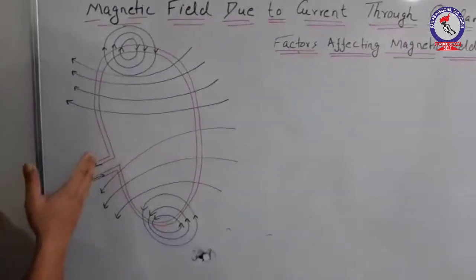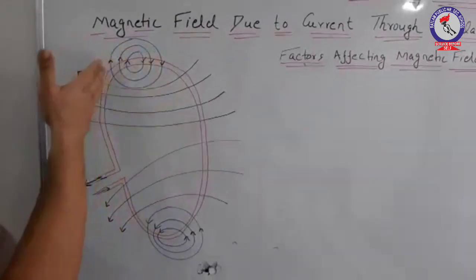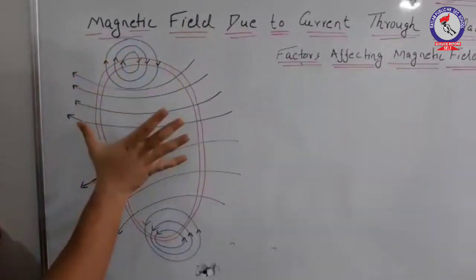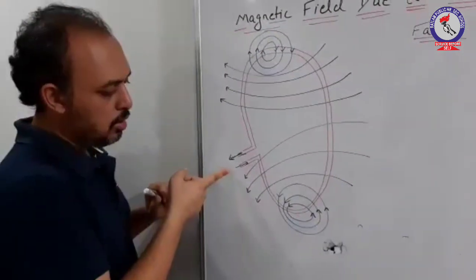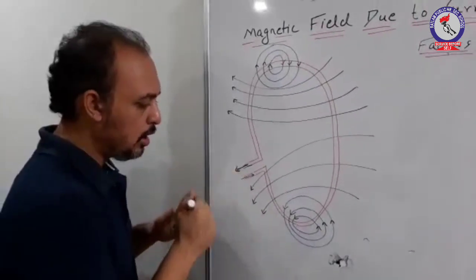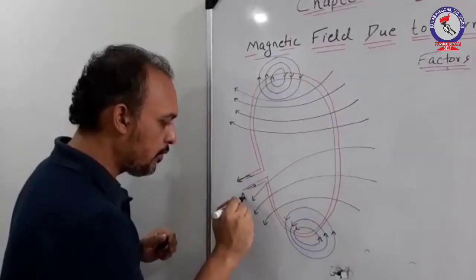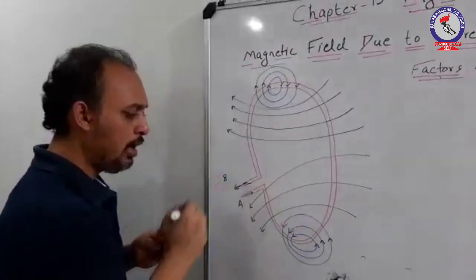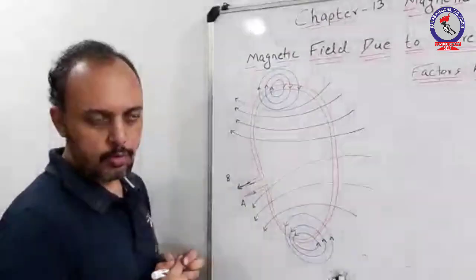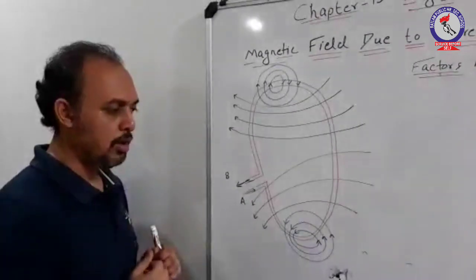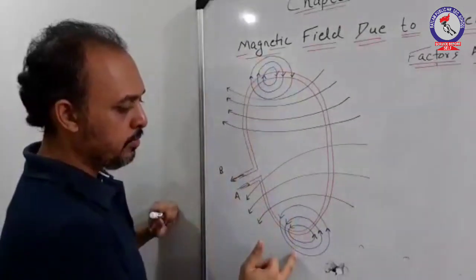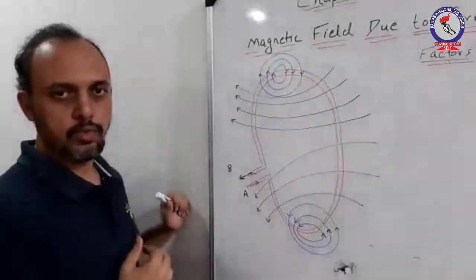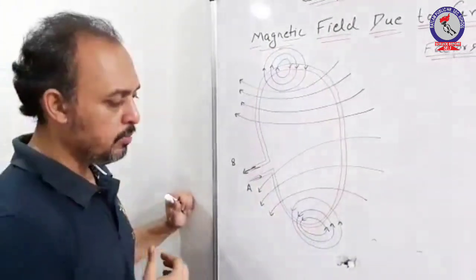As you can observe, you are given a simple circular coil. Imagine this is a circular coil having radius r. As you can observe, the current is entering through this end A and leaving through this end B, with which you can observe that the direction of current in this coil is anti-clockwise. Looking at these two ends, if you calculate the direction of lines of forces by right hand thumb rule,